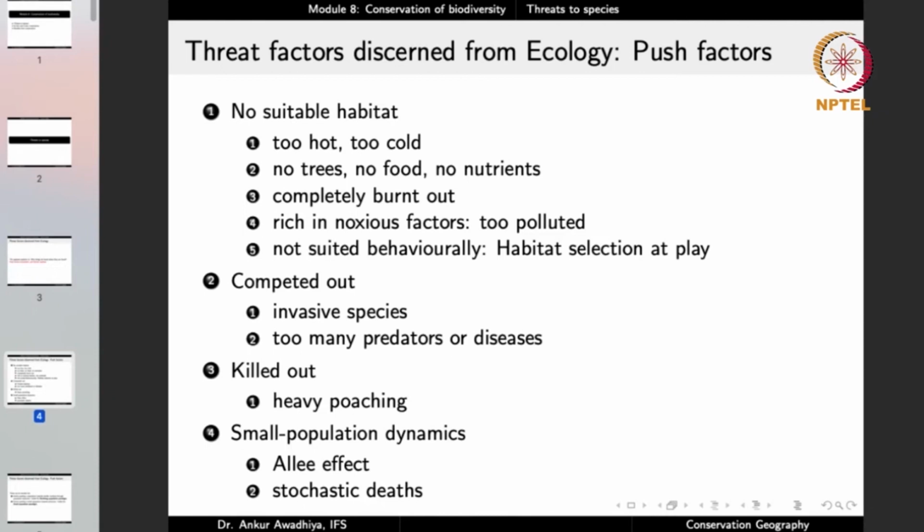Now, what are these push factors? No suitable habitat. That is, the habitats that remain are either too hot or too cold, or they do not have trees, they do not have food, there is no availability of nutrients, they are completely burnt out. In a large number of cases, people deliberately set fire to forests and to grasslands, so that once the cover is gone,